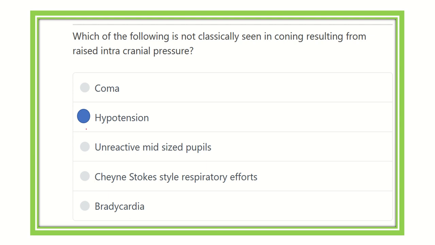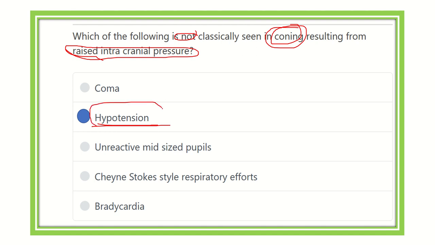So finally, here we can see it is not hypotension, because when there is coning, that means when intracranial pressure is increased, hypotension is not seen. Usually we can see that first of all hypertension develops when there is increased intracranial pressure. In this condition, first of all hypertension develops, not hypotension. Then bradycardia and irregular respiration, and also coma may develop in the final stage,